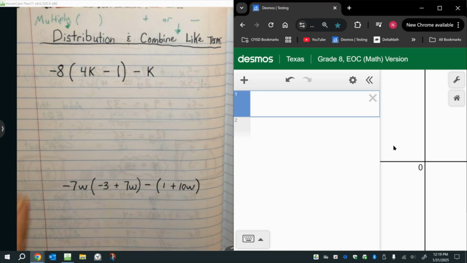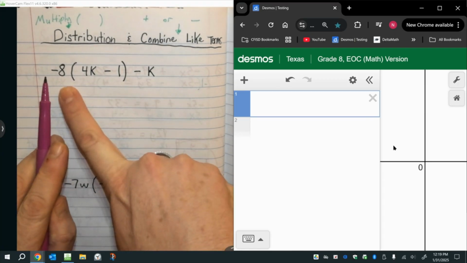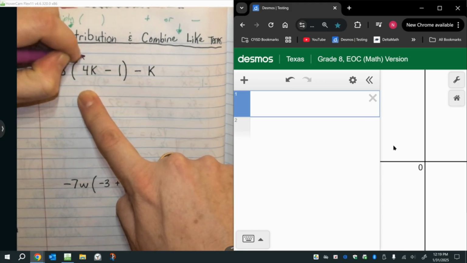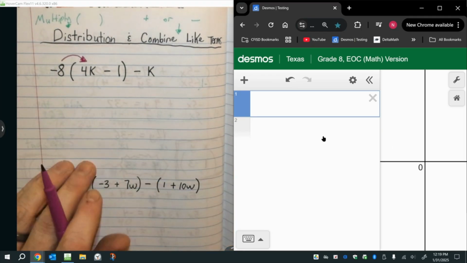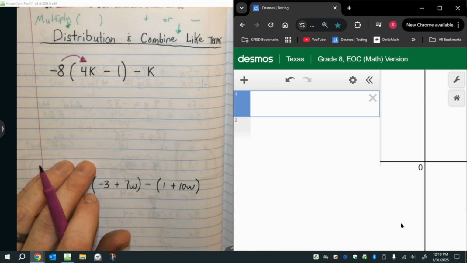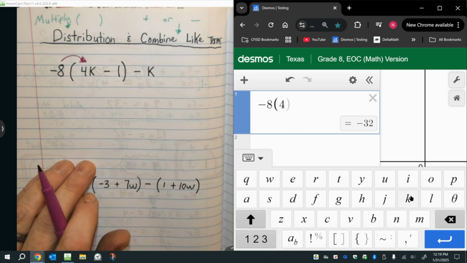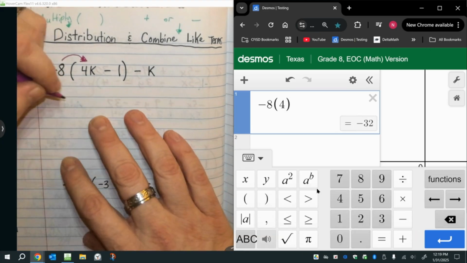First thing I look at is, oh, okay, I see parentheses. So whatever's on the outside of it, directly on the outside, I'm going to distribute inside. And when I do that, I'm going to multiply. So negative 8 times 4. I'm going to type that, negative 8, parentheses 4. And again, you cannot type any letters. You cannot type K. It doesn't give you a value. Okay? So we have negative 32